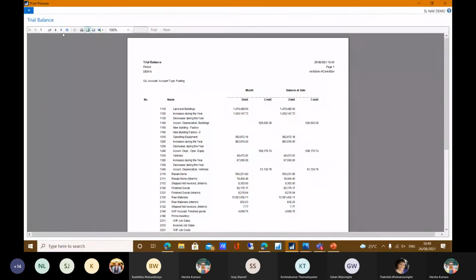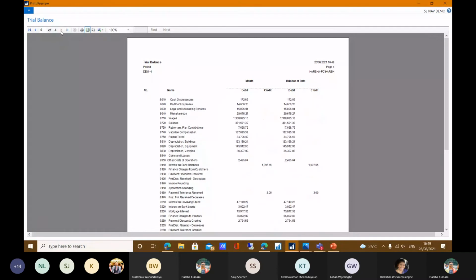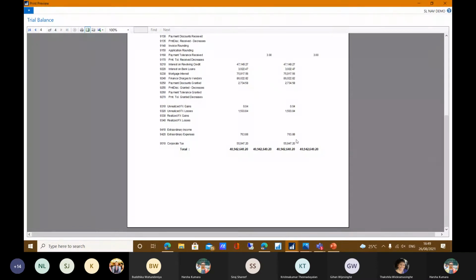In NAV, the total of each and every account card should be the same. Then we can see your debit and credit figures are matched. Let's say the total debit figure is 40.9 million, and your credit amount is 55 million. Then there is an issue. But in NAV, you can see there is no issue in the trial balance. All are tallied, and the difference is 0.00.